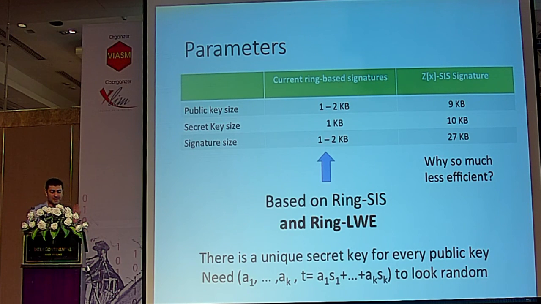You actually have this indistinguishability thing you rely on, and I won't explain why this is better to do, but for lattices, this is the right thing to do. And this is what really results in the lower public key sizes. So if you were able to get something that makes this look random without reducing mod F, then you would actually have very comparable parameters based on a hard problem in every ring.